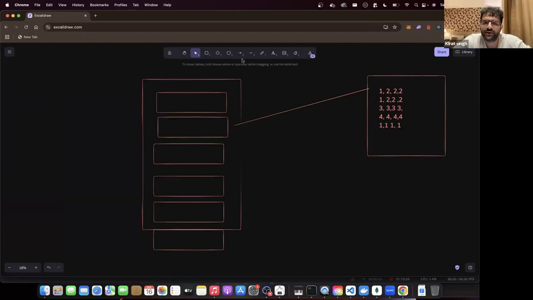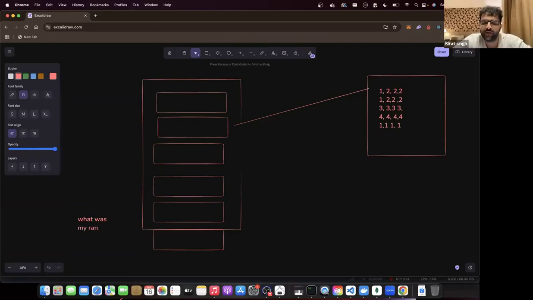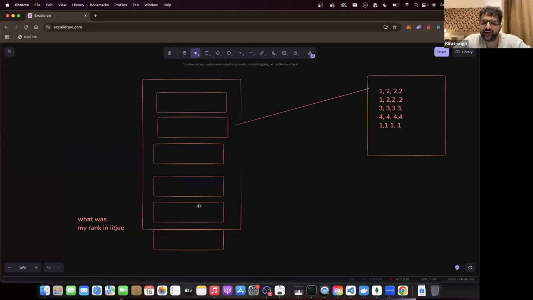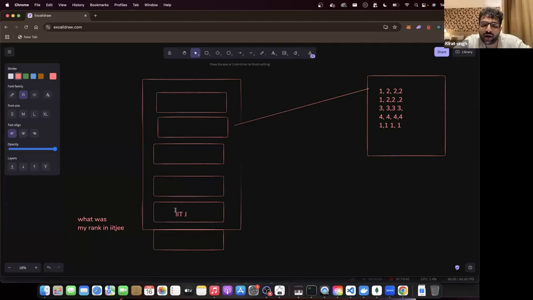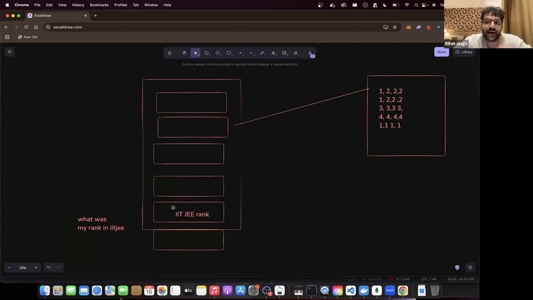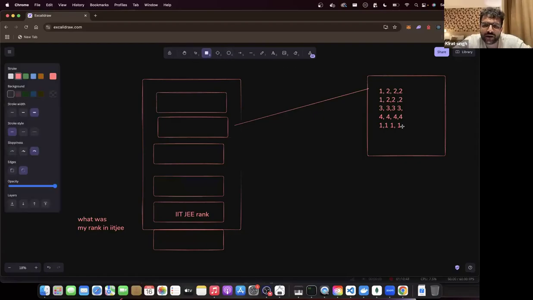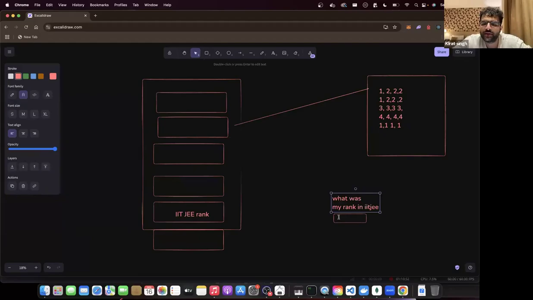And now when you ask a question, let's say this is my resume that I uploaded, what was my rank in IIT JEE? It needs to find that relevant block, the one closest to this question. Here also IIT JEE rank will be written, and I am asking also IIT JEE rank. So it will understand that probably this is the vector he's talking about. It will pull out my original text and send it to GPT. GPT will answer, it's written right there, your IIT JEE rank was XYZ.